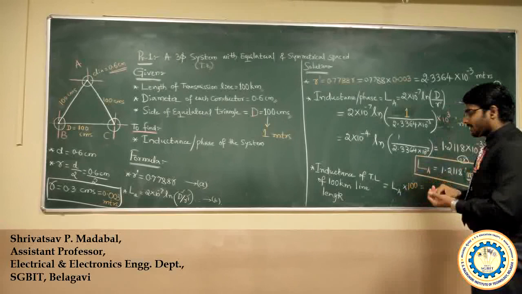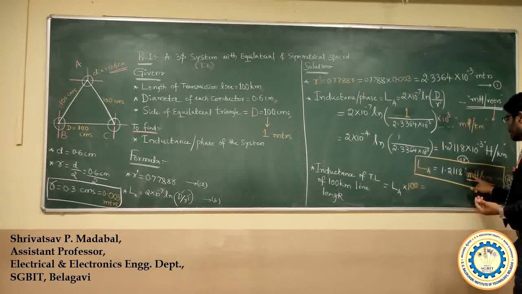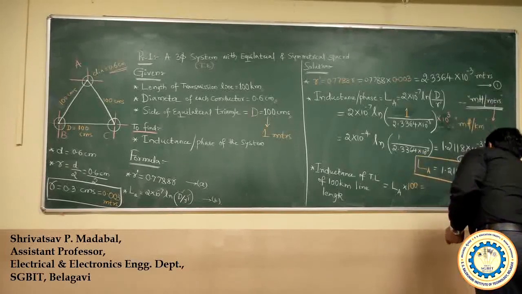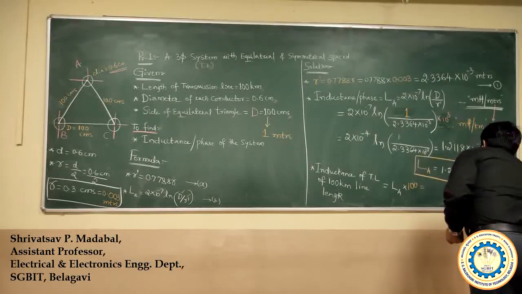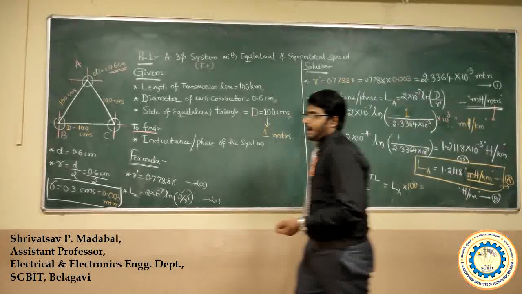So I have to multiply by 100. 1.2118 millihenry per kilometer. What will be the value? Just multiply, and you will be obtaining the value as,